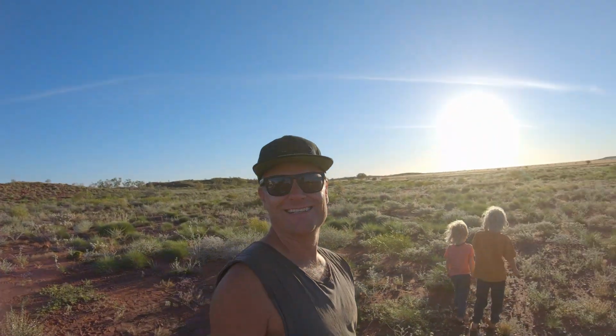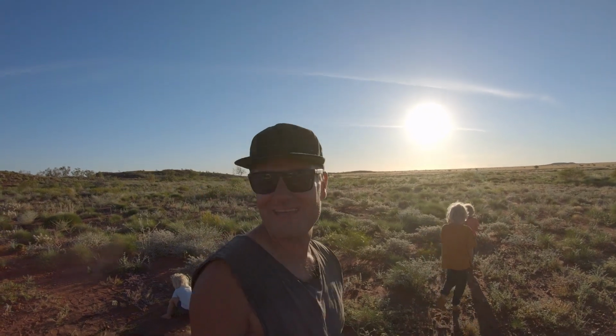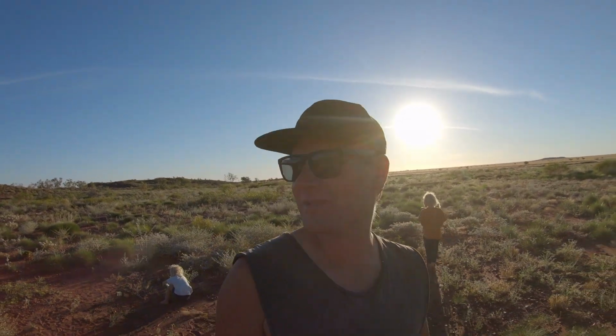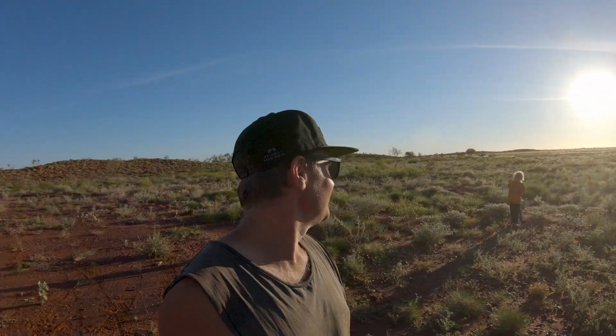Check out the sun. Sunset's going to be specky as well, man. The sunset's going to come down right in front of the van here. And I don't know whether we'll do it at the communal fire pit or we'll have a fire here, not sure yet. But either way,